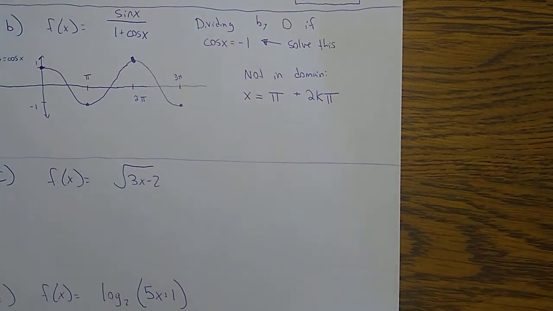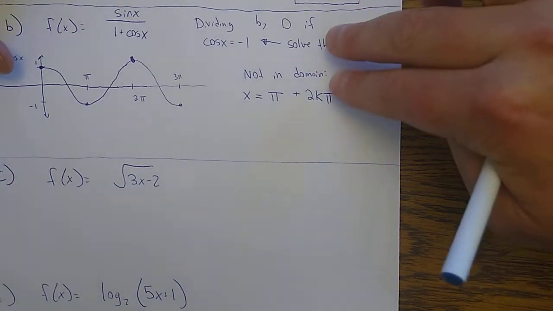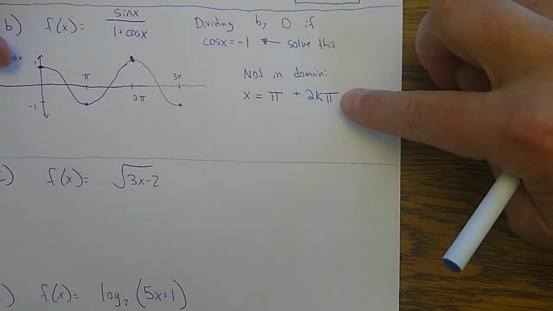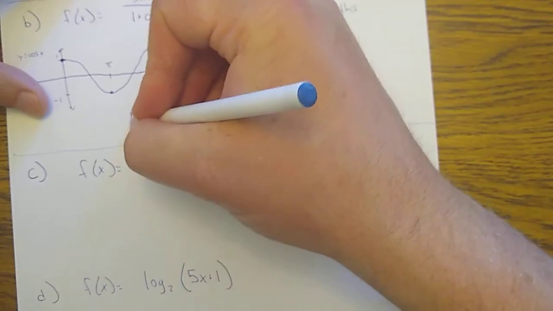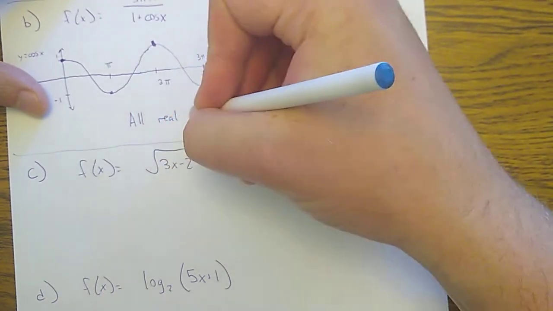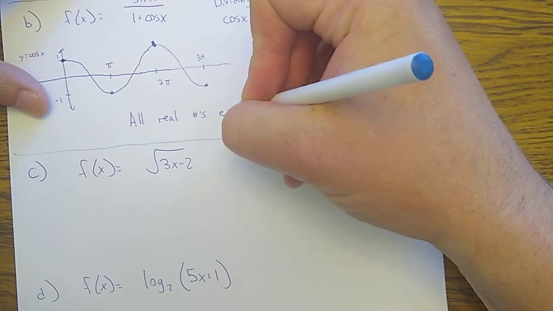So anyway, let me state my answer here. So the question was, what is in the domain? And I've given you what is not in the domain. The domain is all real numbers except